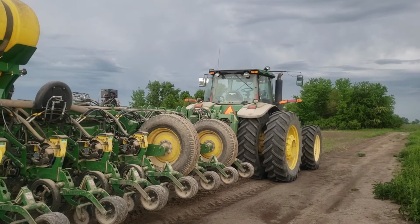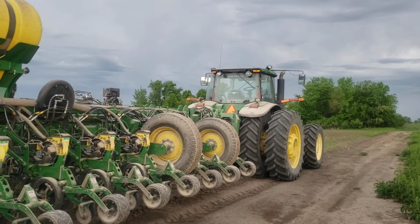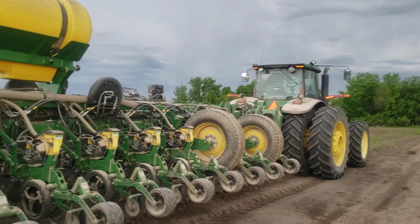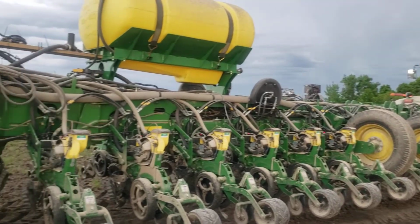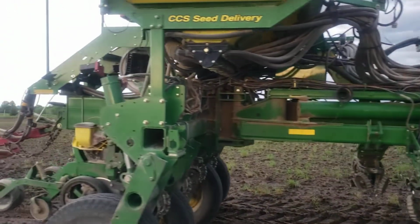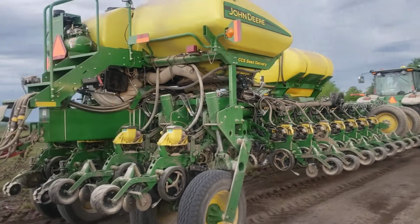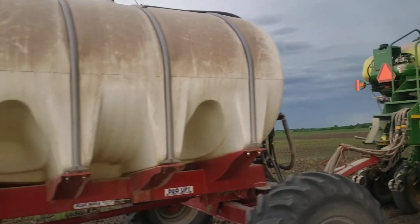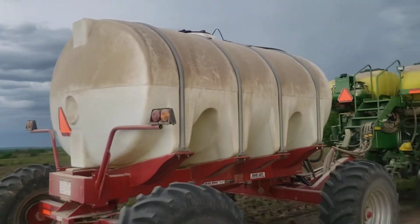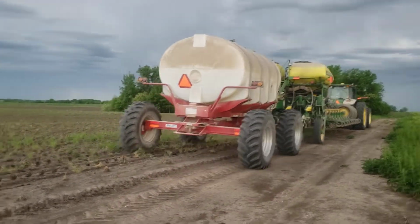I went and picked him up. He's come down to the house and cleaned up, washed up, had a little bacon and Natural Grandma eggs. And now he's going to try to run this tank out. There's some in there, you can see it kind of moving around, and we're going to go along and show you a little bit of